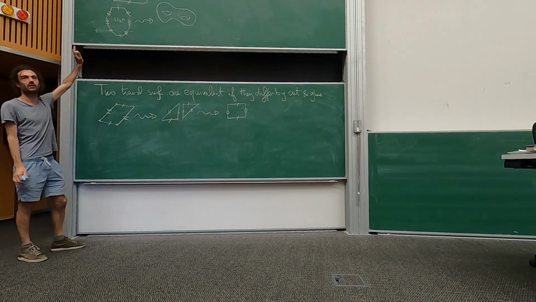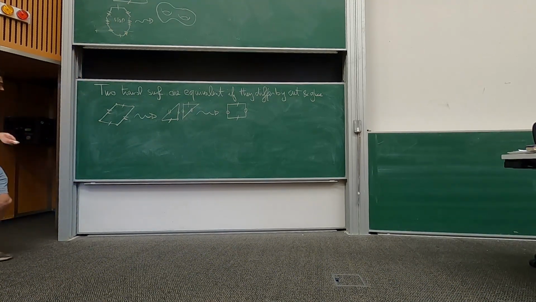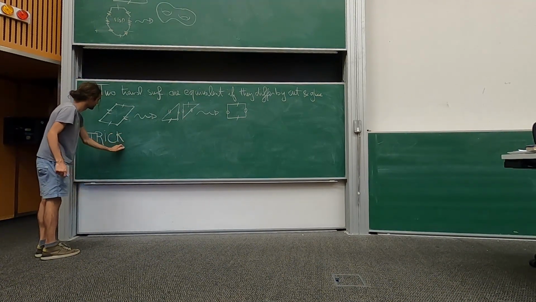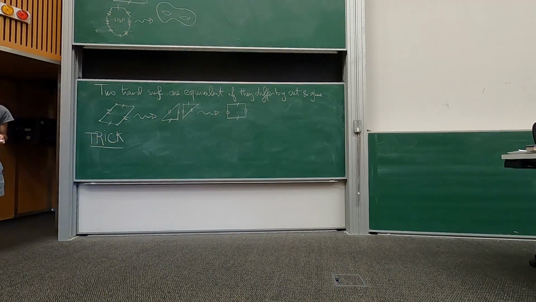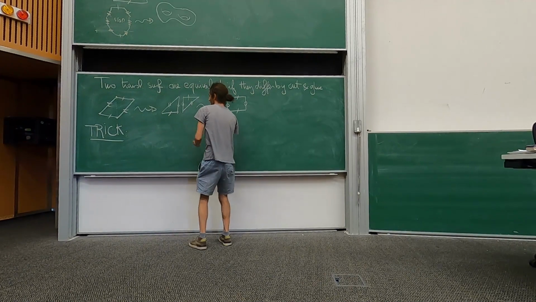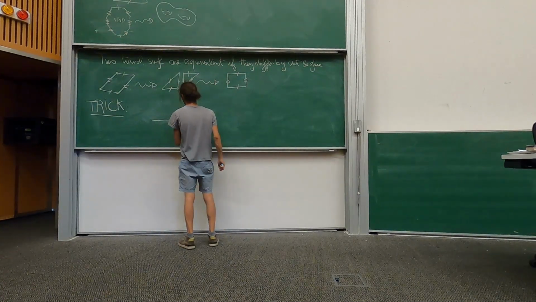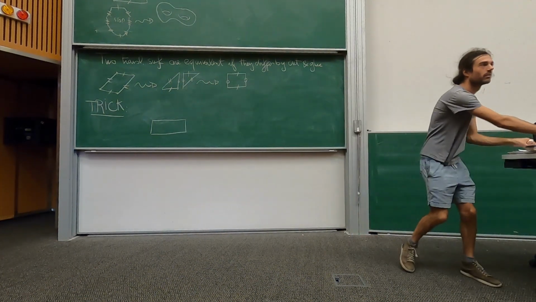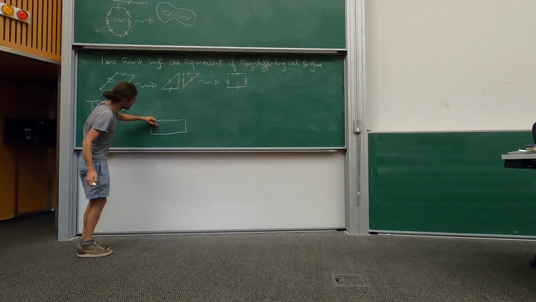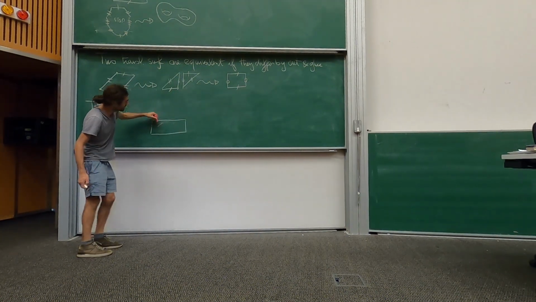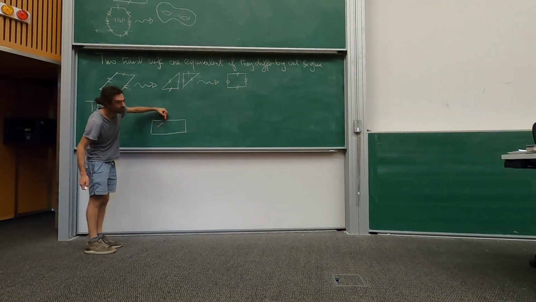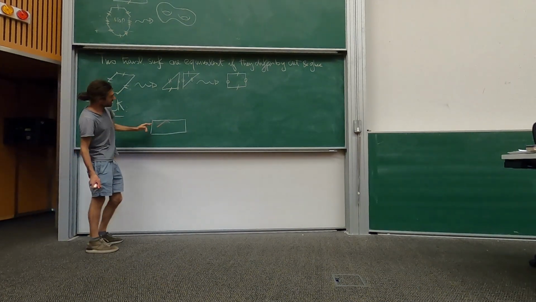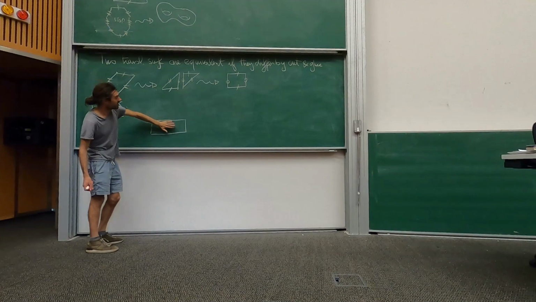Okay, so why am I talking about those things? It's because it's very useful for billiards, because of the following trick. There is a trick to study billiard trajectories. Say I'm studying a trajectory in this billiard. I'm throwing a ball. It's nice, it's easy to understand, but then I hit a wall and it becomes complicated because I change my direction. And so the trick is, instead of reflecting the direction, I will reflect the billiard.